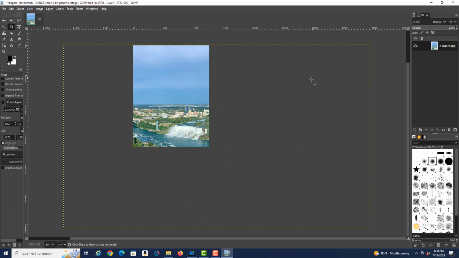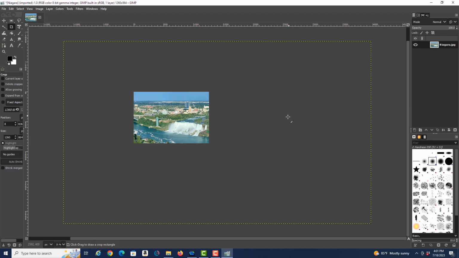Now I say, okay, well, this photo looks a little unbalanced. There's more blue sky than anything else in here. So I want to also now crop some more. So let's just leave a little bit of the blue sky and then the rest of the picture. Hit crop. And now as you see, what is the main purpose of the crop tool? I have totally changed the focal point of the photo from the Canadian side to the US side of the